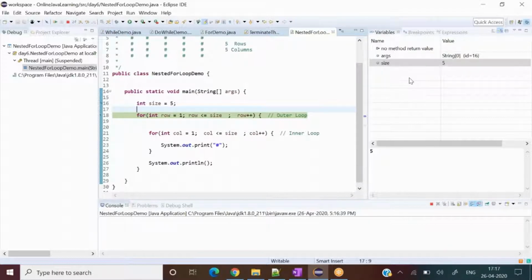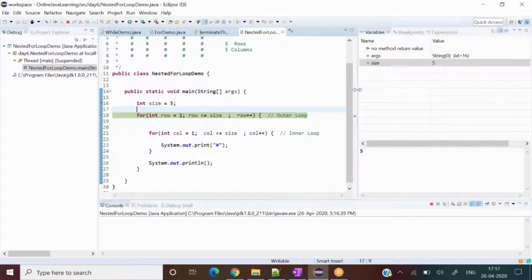But on this side, I see it says on top string 0 ID 16. What is all this? Right on top of the 5 where you just showed the 5. I'm showing that, but the drawing tool is not working. Okay, let me show this.